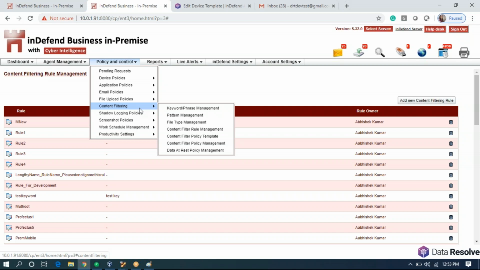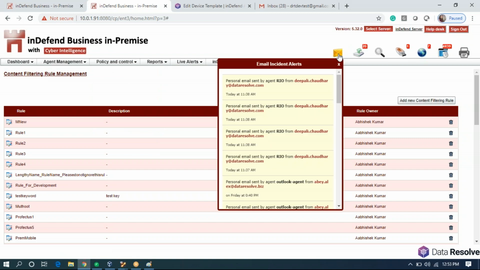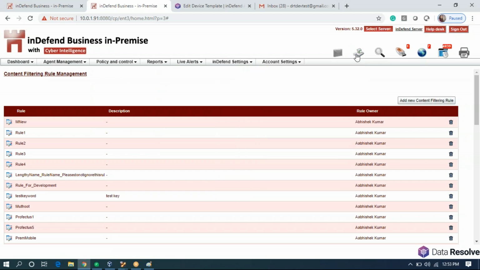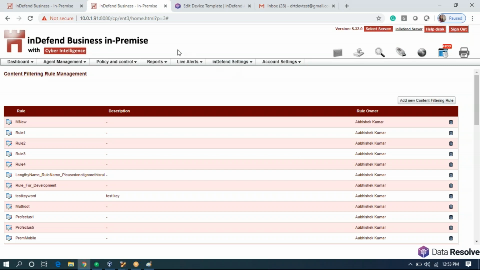Third is data at rest scan, which will scan the physical storage and give you a report on where all the sensitive information resides. So what I'll do is I'll open a test email ID.